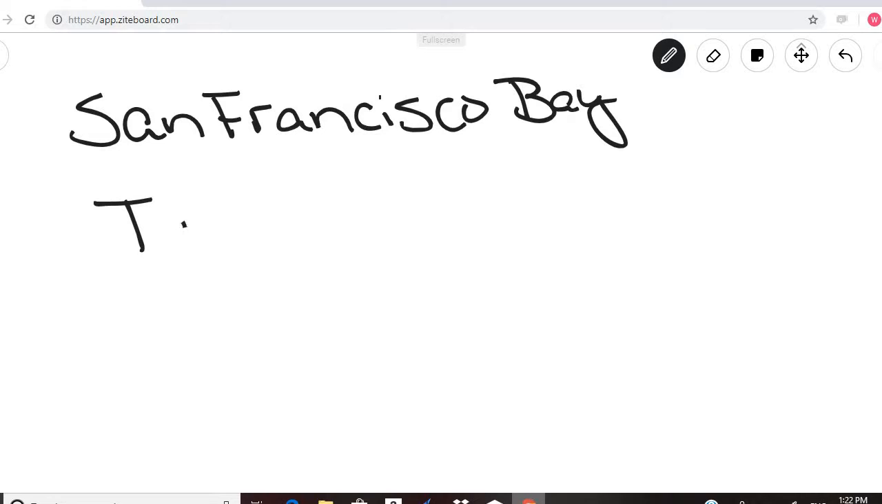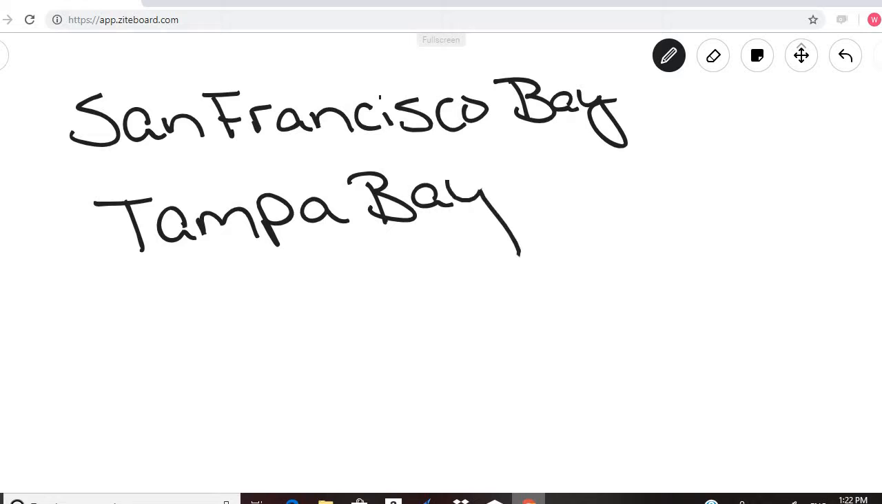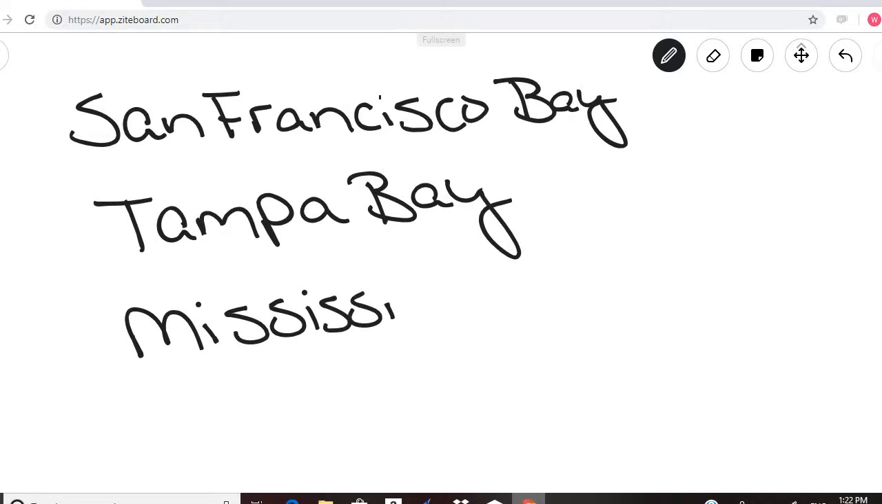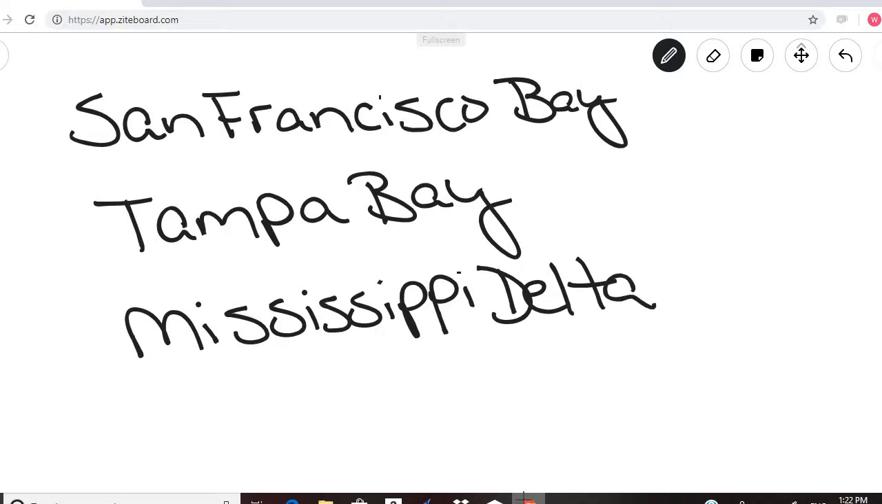Tampa Bay, if you have ever been to Florida, on the west coast of the Florida Peninsula is Tampa Bay, and then another one is the Mississippi Delta. So where the Mississippi River empties into the Gulf of Mexico down in New Orleans is the Mississippi Delta. And so all of these